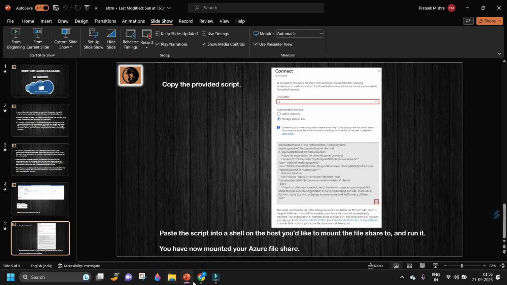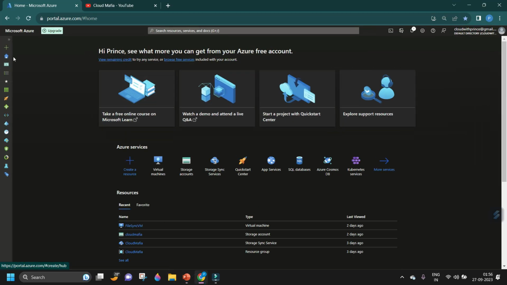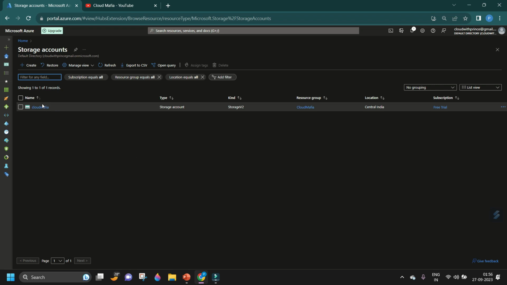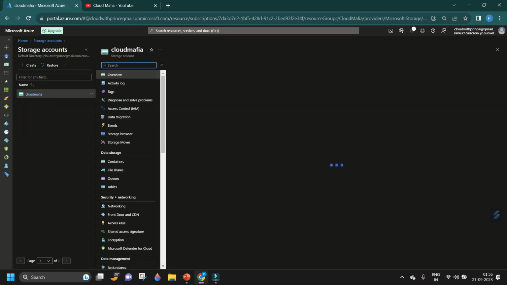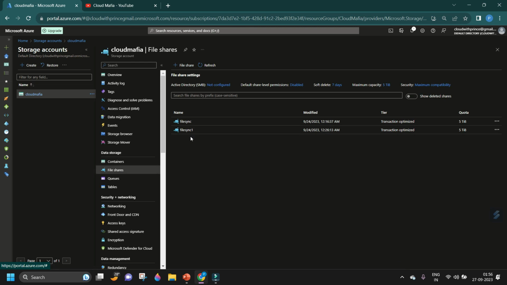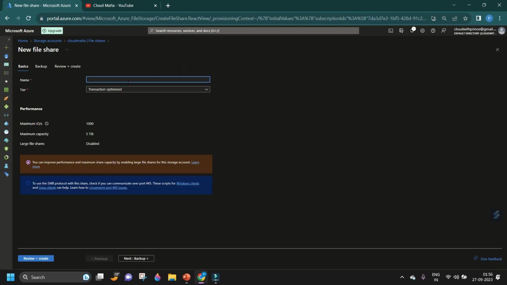Now we'll go to the portal and try to implement this particular procedure that was told to you. So let's go into the storage accounts. This is our storage account, and over here we have a file share. The name of the file share is FileSync1. Now let's create another file share. We will name it as